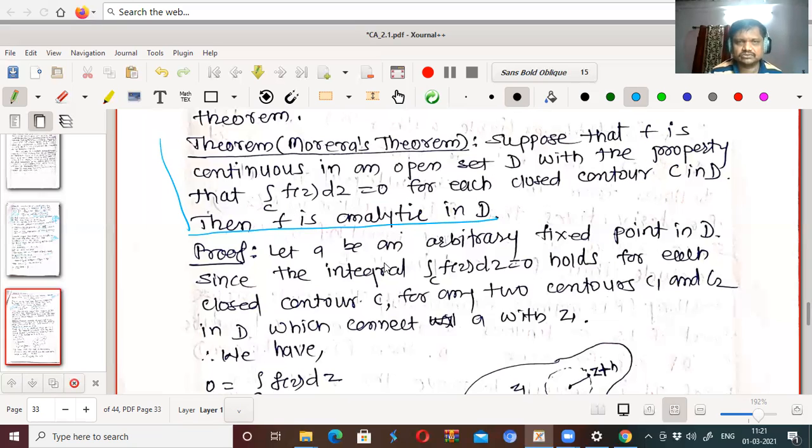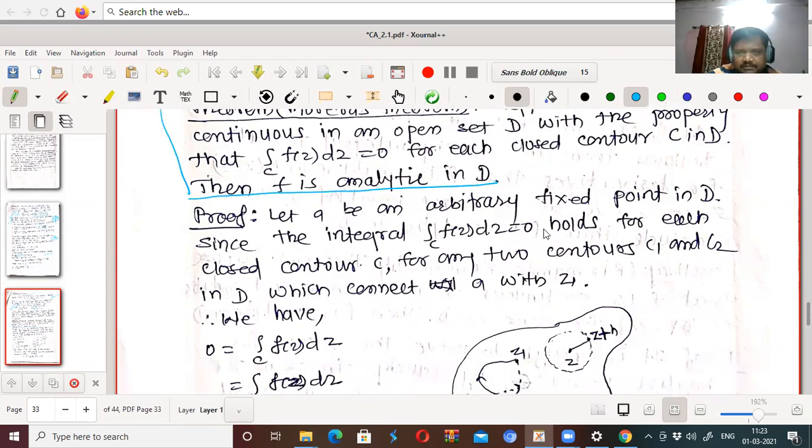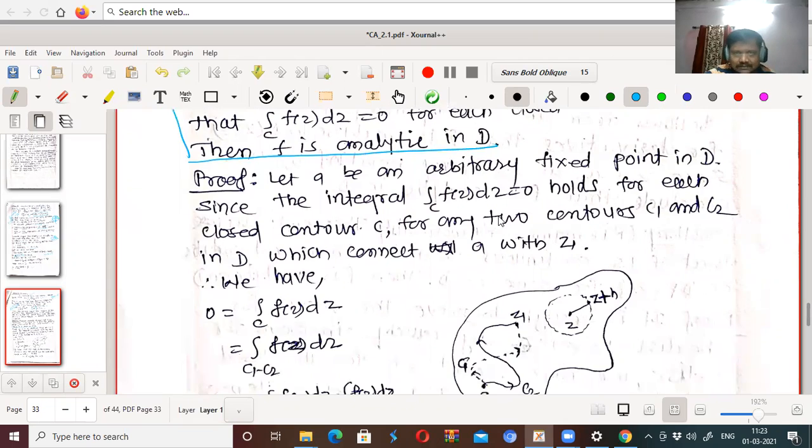And the converse says that if the function is continuous in an open set D and the integral is 0, then f is analytic. So this is the converse of Cauchy's theorem. Proof: let a be an arbitrary fixed point in D. Since the integral is 0 holds for each contour C,